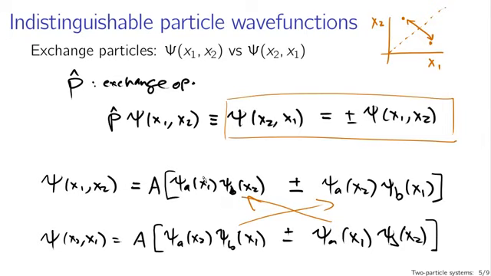You need to combine all of the different permutations of all of your particles with appropriate plus or minus signs such that you obey this overall antisymmetry under exchange or symmetry under exchange requirement. Whether or not we have symmetry or antisymmetry under exchange is a really interesting topic. And it gets us down to a distinction that I've mentioned earlier on in the context of fermions and bosons. Essentially, indistinguishability has a couple of consequences. First of all,